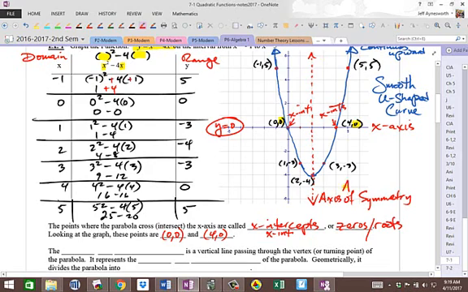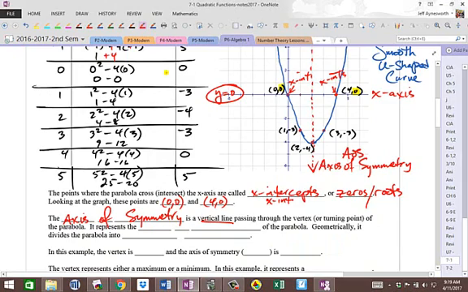Okay, I abbreviate that AOS in my notes so I can make reference to it real easily here. This axis of symmetry here divides, or is a vertical line passing through, the vertex, which is also called a turning point, by the way, of the parabola. It represents the line of symmetry. So let's write the line of symmetry down. Line of symmetry